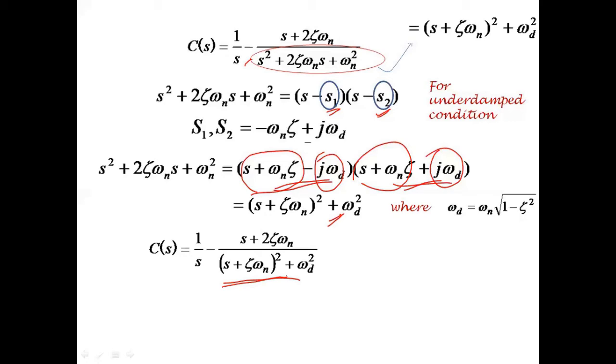So now the next step is to take the inverse Laplace transform. The procedure is very straightforward. To apply the inverse Laplace transform, we have to represent it in a standard form so that you can relate it with the Laplace transform equality. So to transform it into the form of a Laplace transform equality, I'm rewriting the second term of the numerator as s plus zeta omega n plus zeta omega n, which is nothing but s plus 2 zeta omega n.